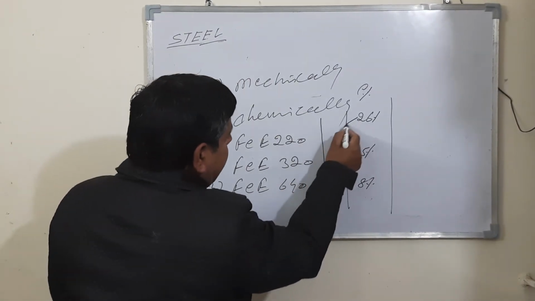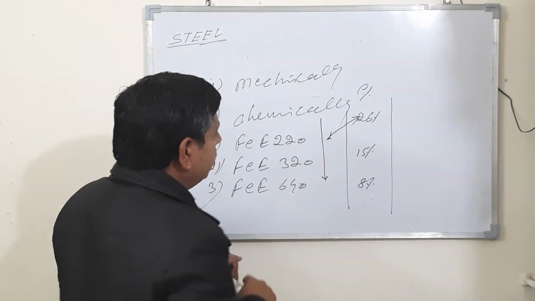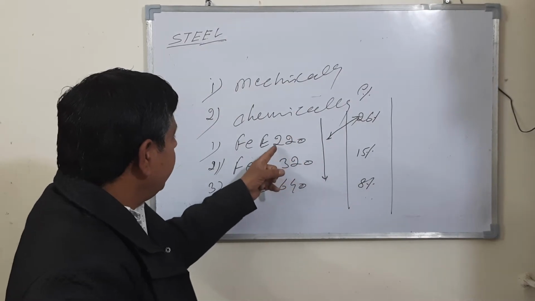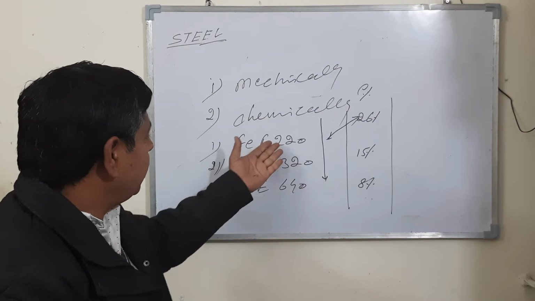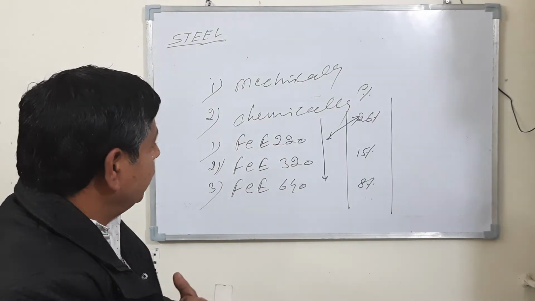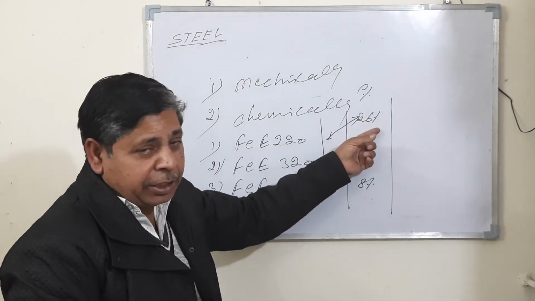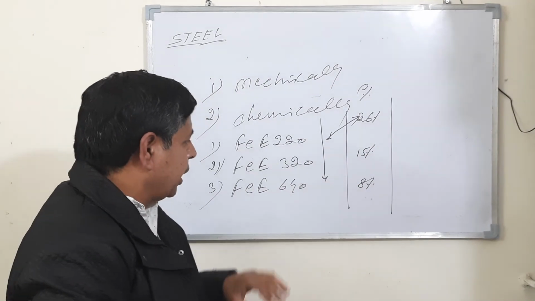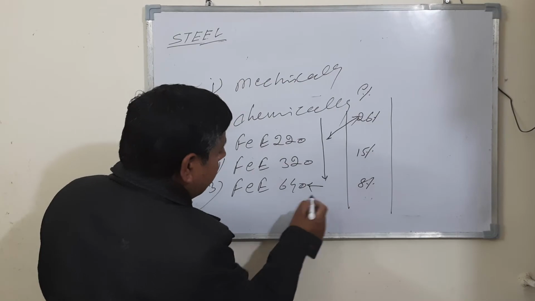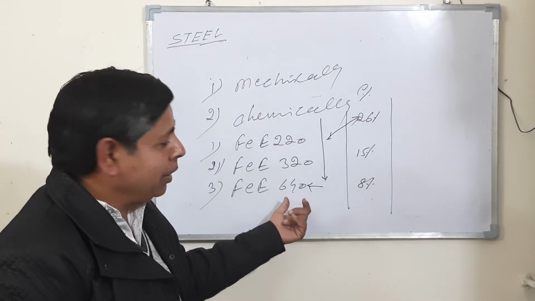These numbers indicate the metal has good ductility. This metal is very soft. This elongation percentage indicates this metal has low ductility,